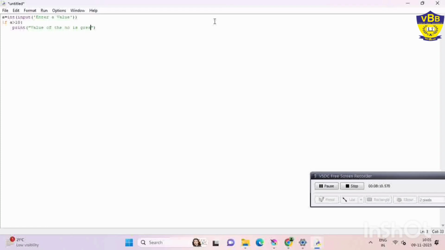You can put single quotes or double quotes inside the print, so don't get confused in that.